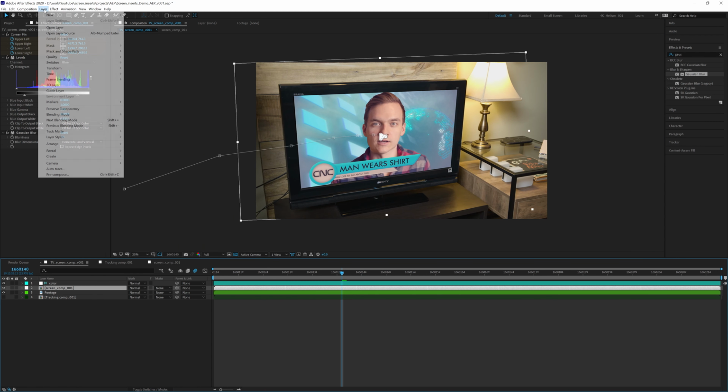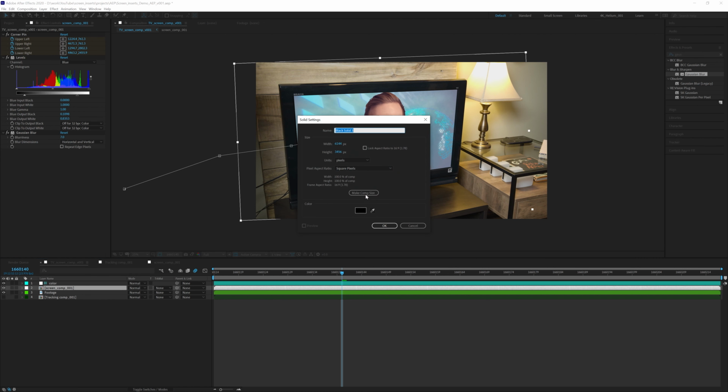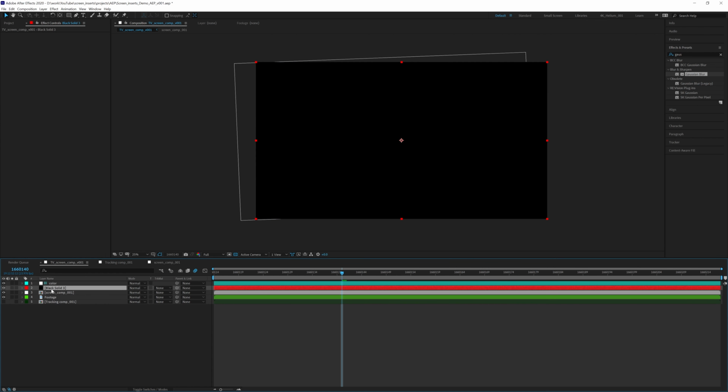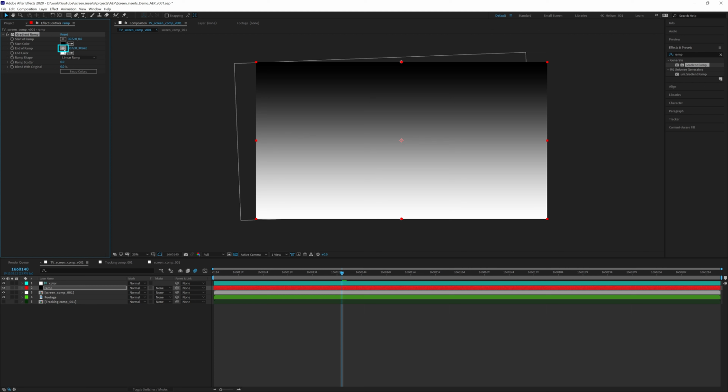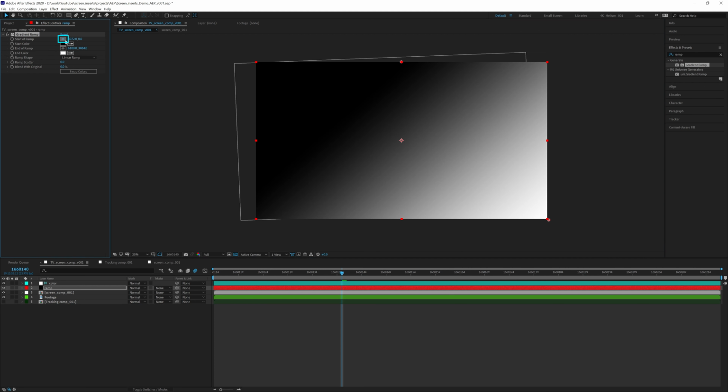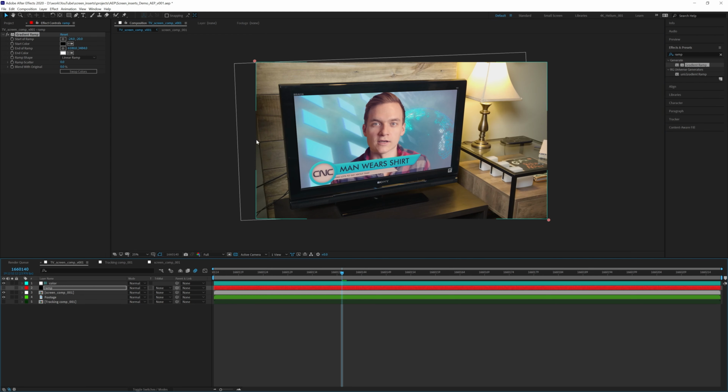So to do that, hit Layer, New, Solid. Make sure it's comp size, hit OK, and let's call it Ramp. Then go up to Effects and Presets and search for Ramp, and drag a gradient ramp onto the ramp solid we just created. Then let's drag the start and the end of the ramp markers to the corners, because it looks like the footage goes